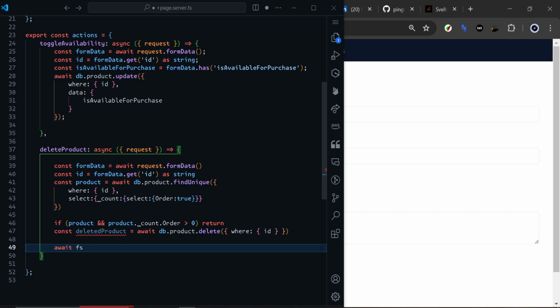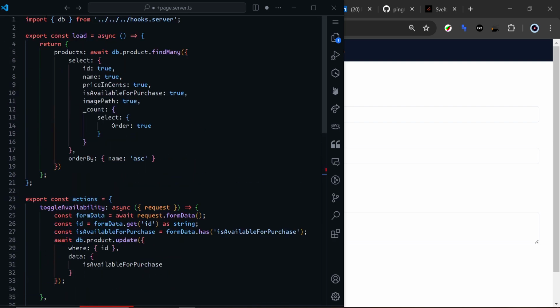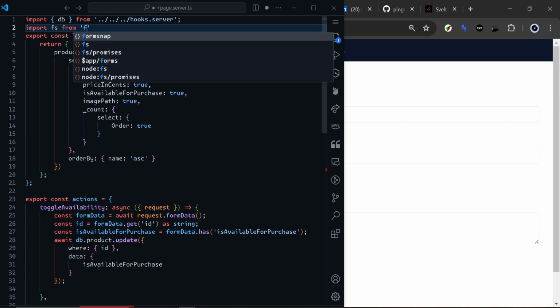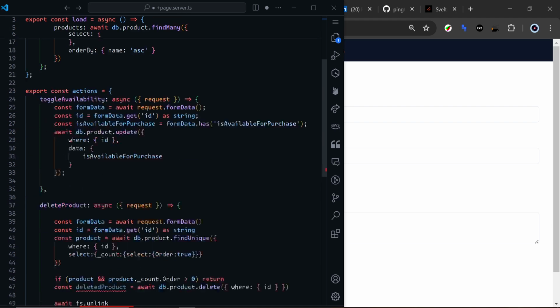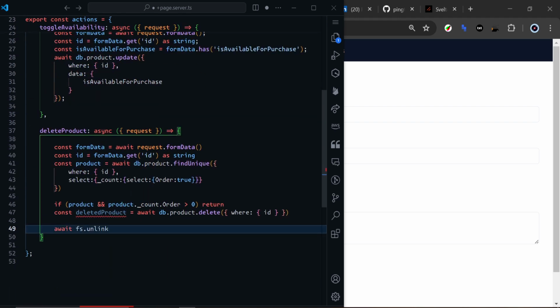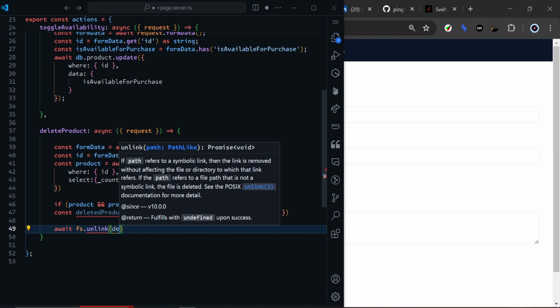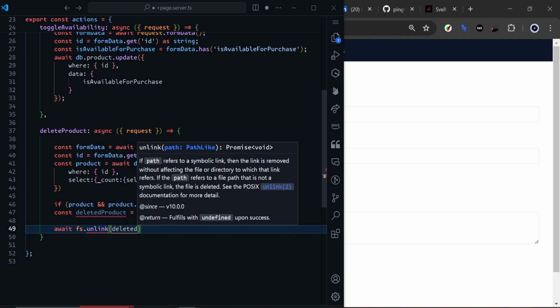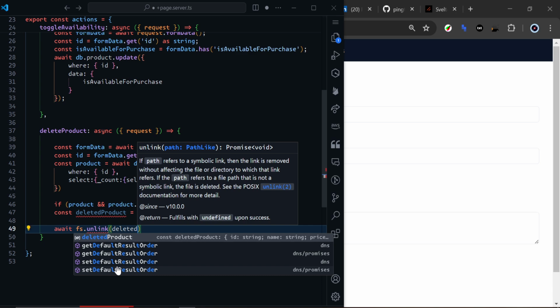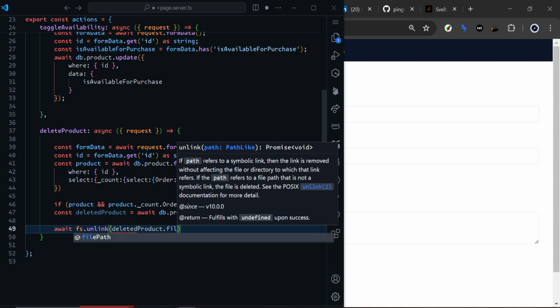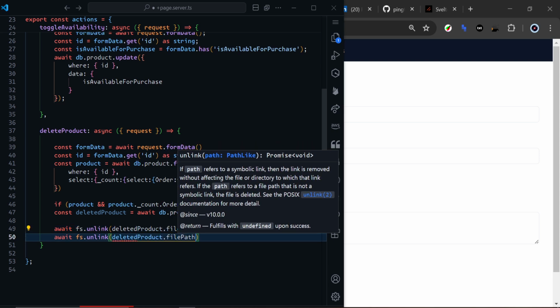fs.unlink. I mean, you actually need to import fs. So I'll come above here, import fs from fs/promises. Now we can do fs unlink, and you want to put in the paths. So the first one is going to be the file path. I can just write here deleted product.filePath,